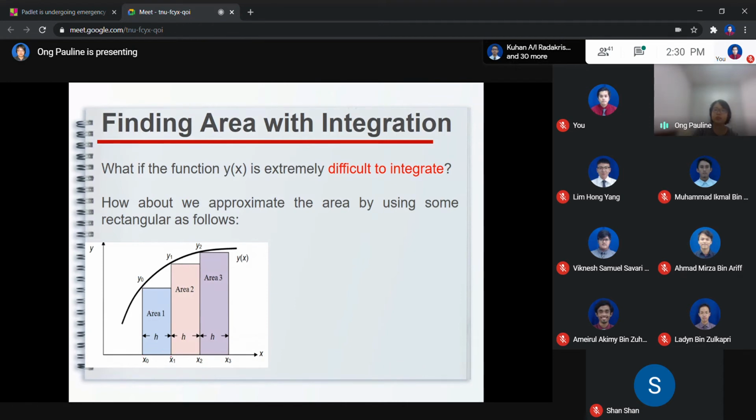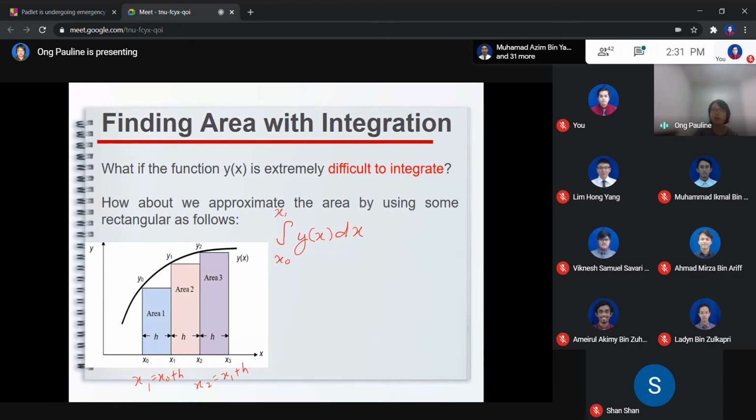Then you proceed to x1, x2, and x3, where you should know that x1 is x0 plus h, and x2 is x1 plus h, and so on. So they have the same width for each rectangle, right? Okay, so previously we know that if we want to integrate the function y(x) dx from x0